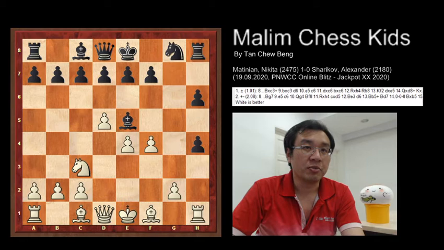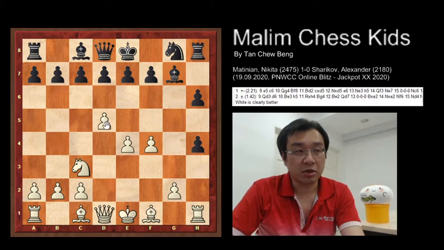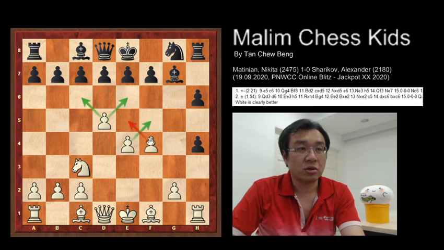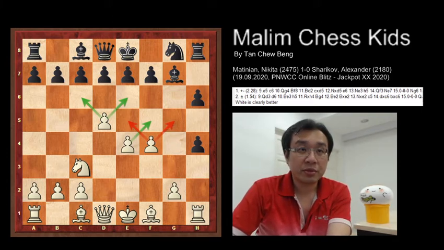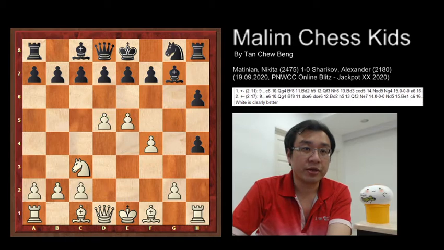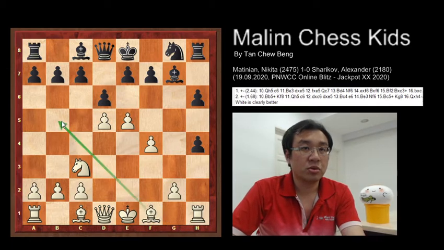Then black plays bishop to g6, and after this position you can see that white is clearly better because the pawn fully controls the center of the chess board. Then e5 was played, and d6 trying to capture the pawn in the center, and now white continues to play bishop to b5